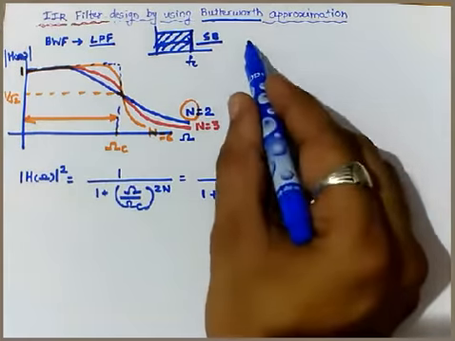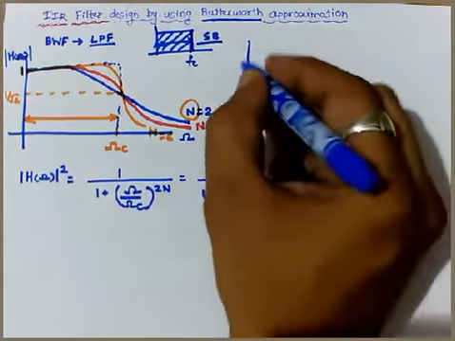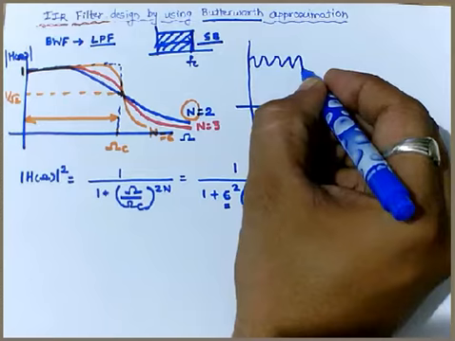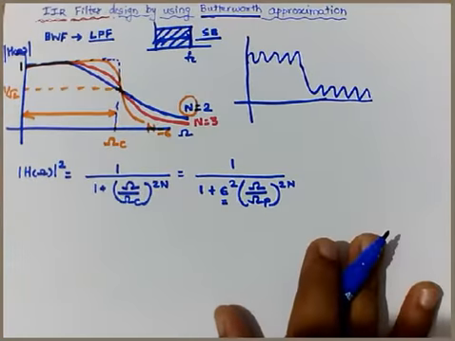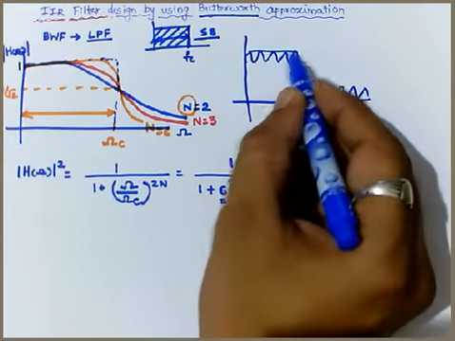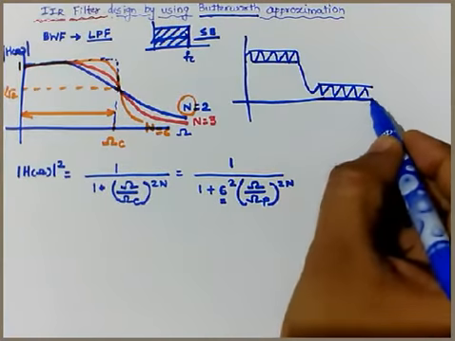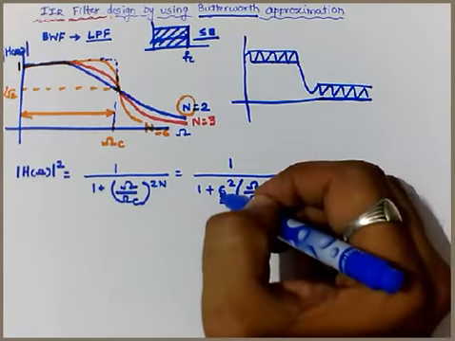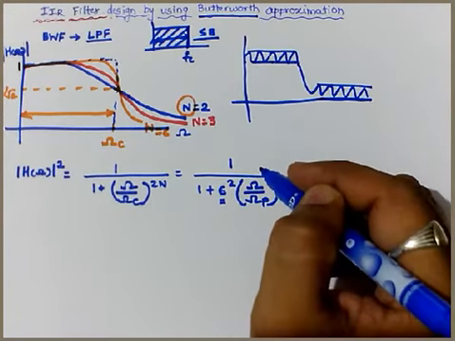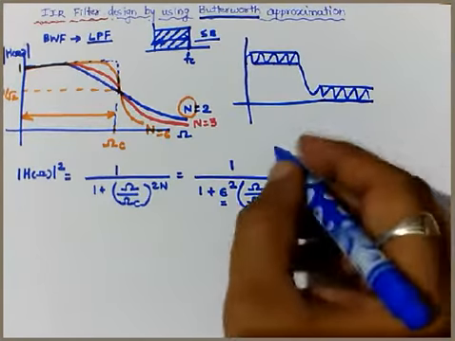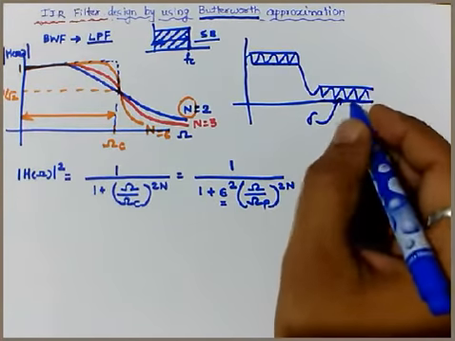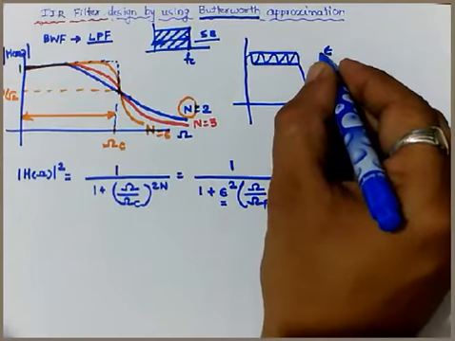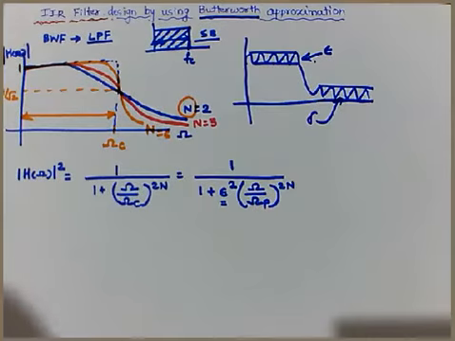It means that if the passband is like this, and then further the stop band is again with certain ripple, this will indicate that there are certain ripples in the passband as well as ripples in the stop band. These are indicated with the quantity ψ square. Similarly, if there is a δ square like this, this will be the ripple related to the stop band. Right now we are discussing this quantity, so it is the ripple related to the passband.